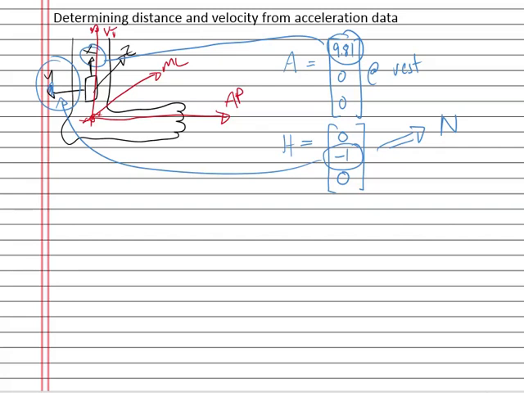So north is in this case equal to the AP axis, or forward. So we've got a very simple